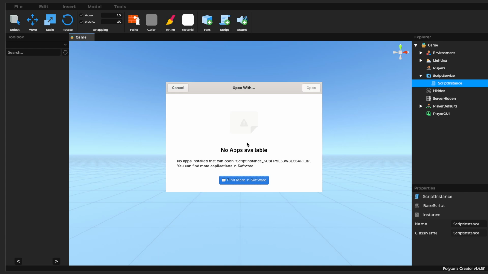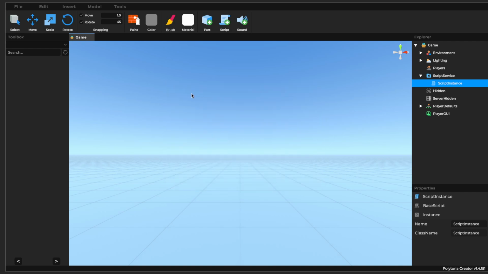And I'm unable to open the script. This could be for a few different reasons, but the reason that I encountered was because this is an ephemeral file, so it's not actually saved on disk, and you can't actually open it because there's no text editor that can pick it up. So to fix this,